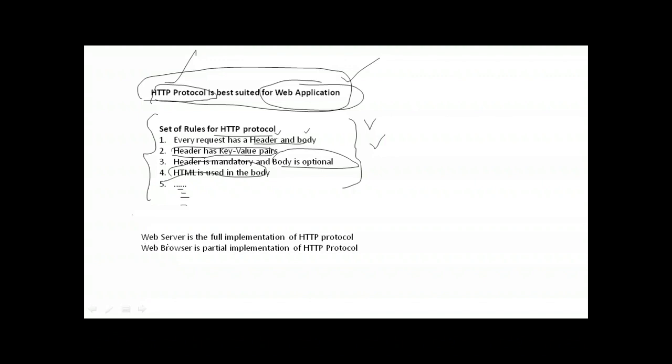Now you see, if somebody asks what is the definition of a web server, it is the full implementation of